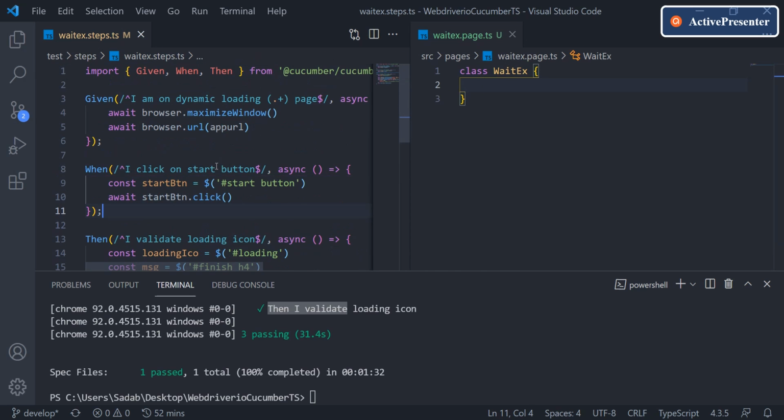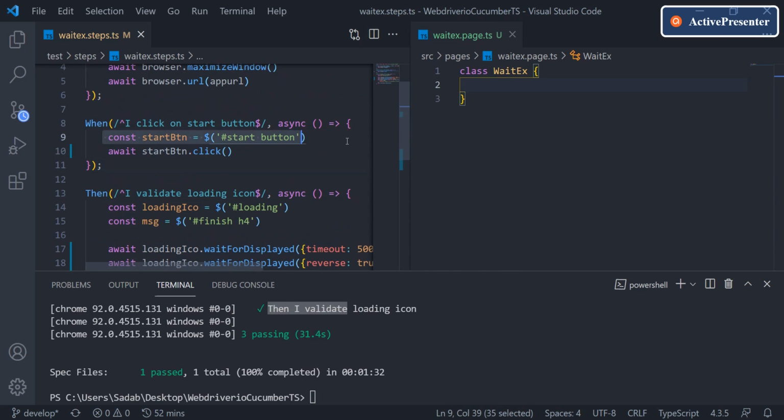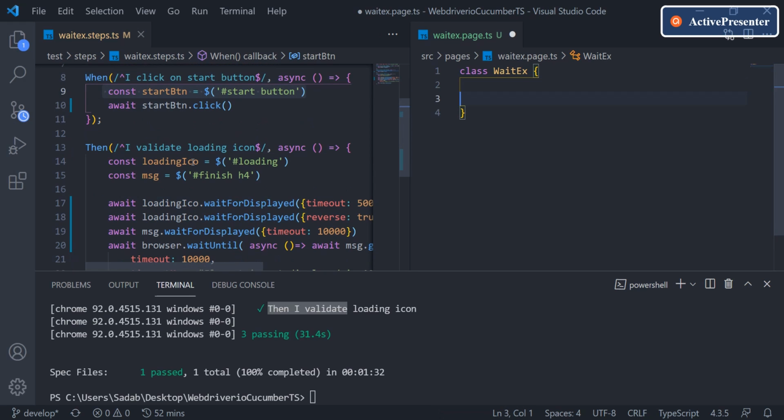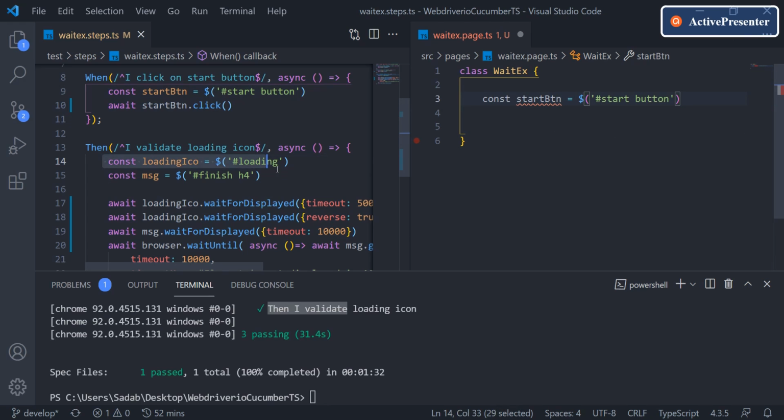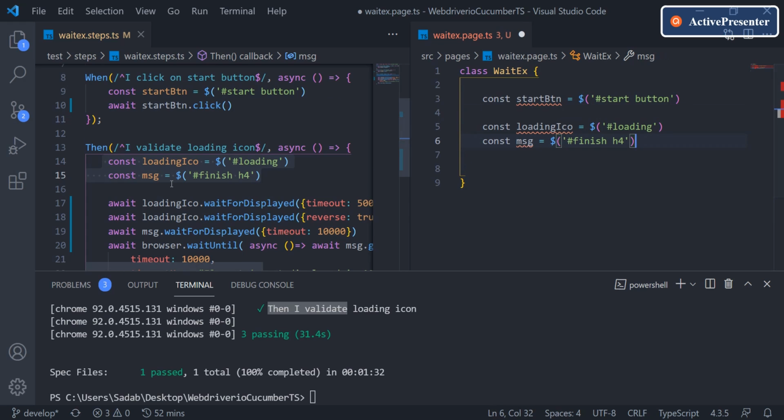Alright, now just copy all these locators from here, and I'm going to move all of them. Any other locator?